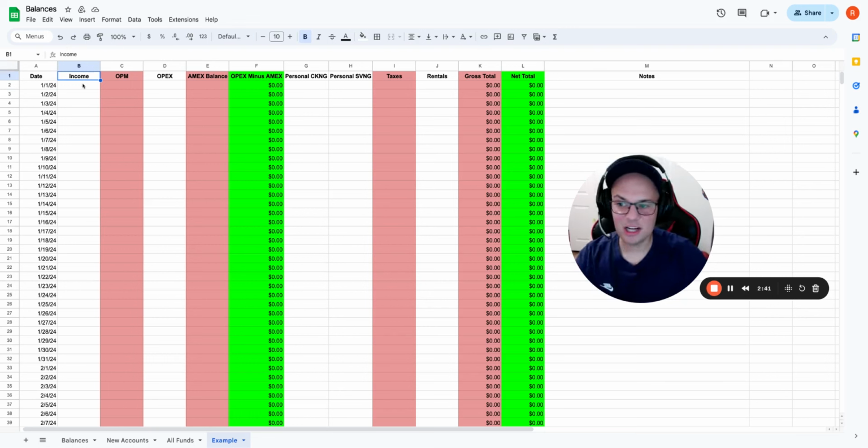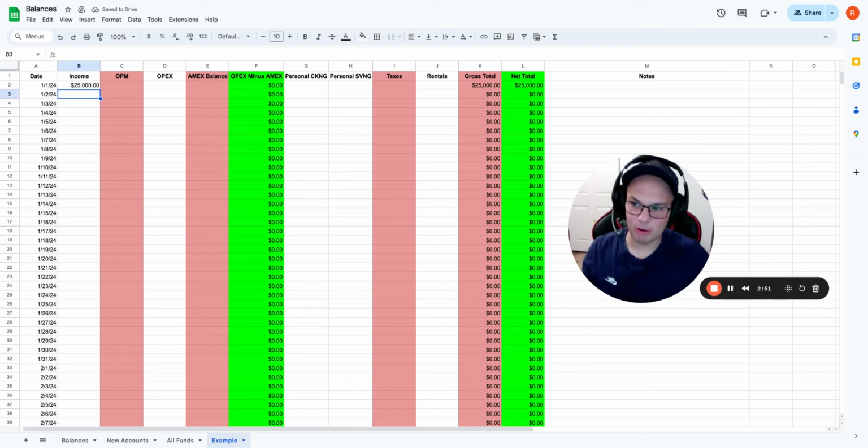So the income account, whenever I get paid, so right now my average wholesale fee is around $25,000. So whenever I get paid, whether it be a wholesale, a flip, whatever, people only send me money to my income account. Now, the beautiful thing about having it set up this way is, like I said at the very beginning of this video,